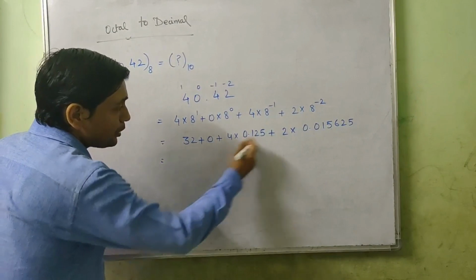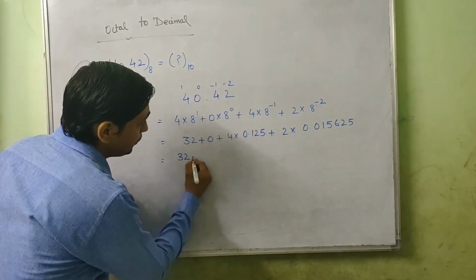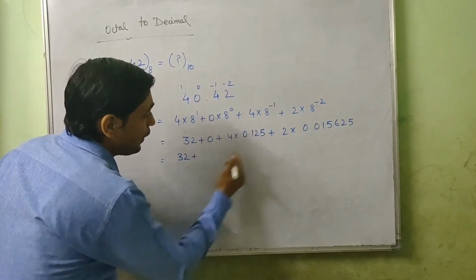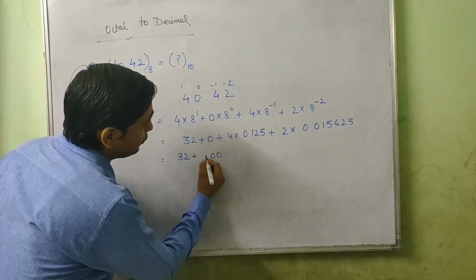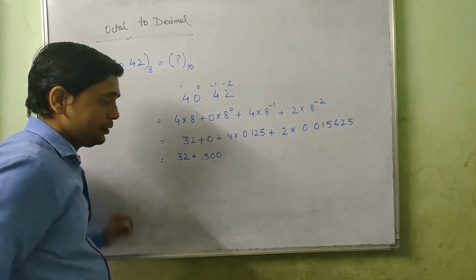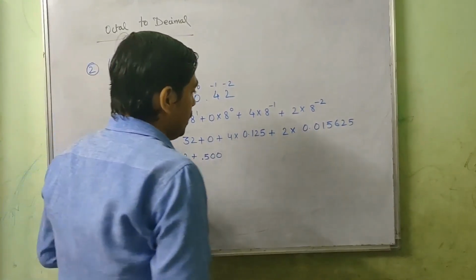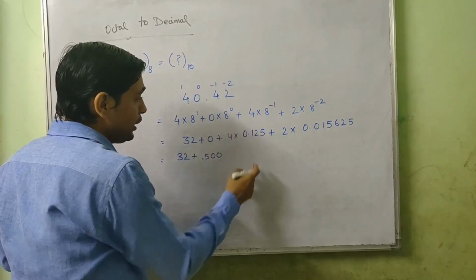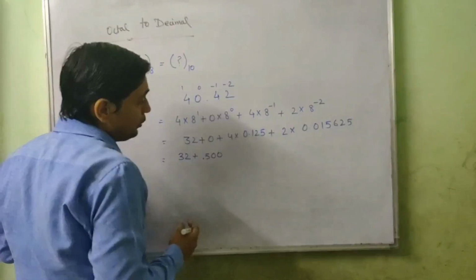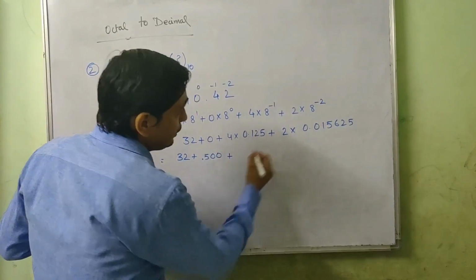Now just multiply them and add. So 32 plus 0 will be there, okay, no issues. 5 4s are 20, 4 2s are 8, 9, 10, and 4 is 4, 1 carried, 5, so 0.5. You can check it one more time: 5 4s are 20, 0, 4 2s are 8, 9, 10, 1, and 4 1 is 4, 1, 5, fine. Plus you can do that also.